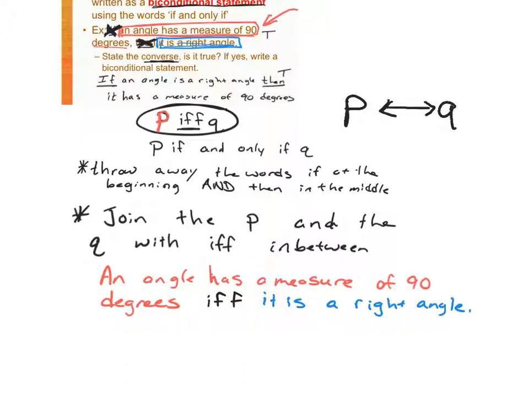So notice we did everything with P and Q. Now this one goes both directions. It's true forward, it's true backwards. P, if and only if Q. So we had to identify which part is the P, which part is the Q. It's big that you throw away the words if and then. I don't want to see the words if and then other than right here. It's okay to say if right there, but we don't say if at the beginning, and we don't say then right before the conclusion. We just say if and only if in the middle.